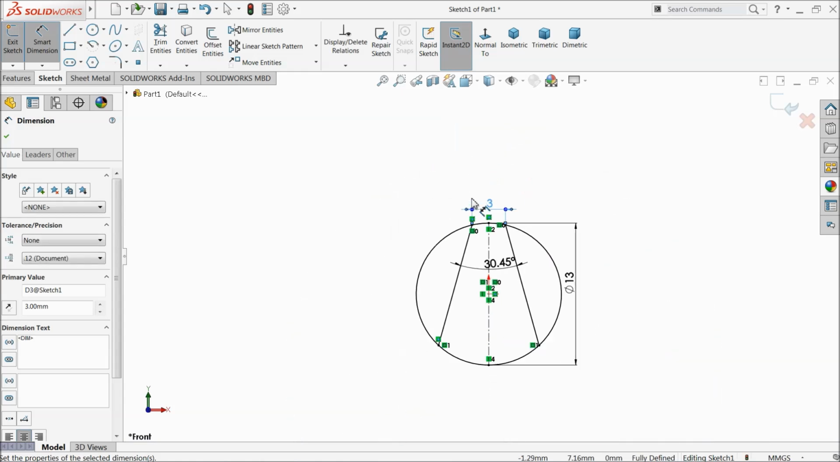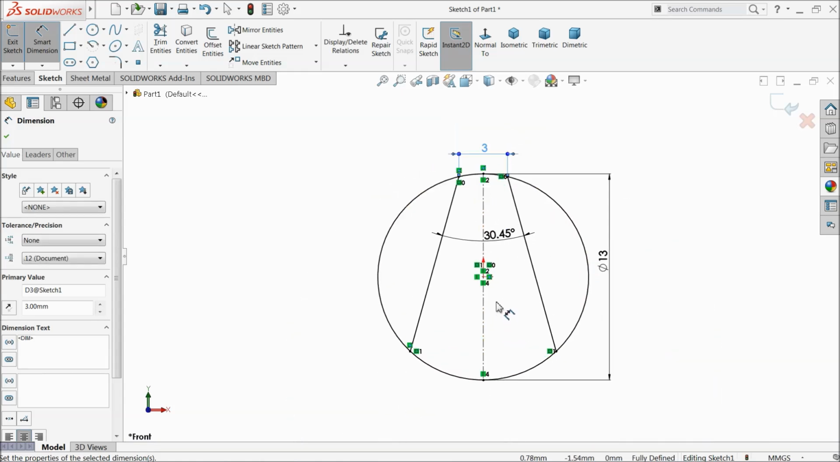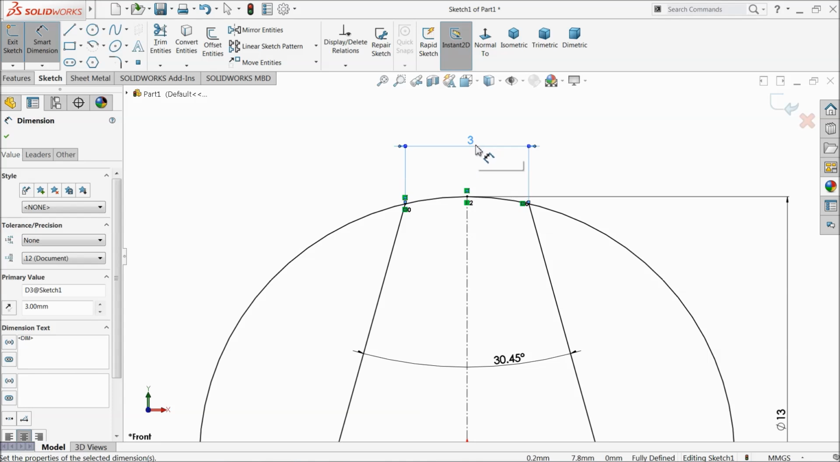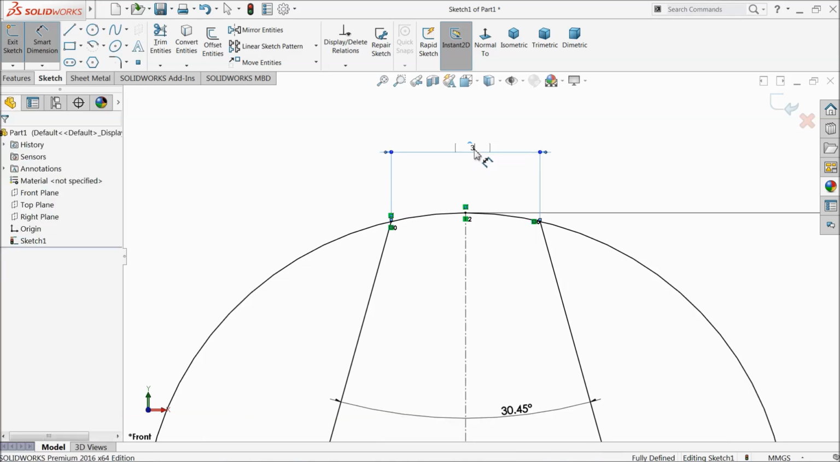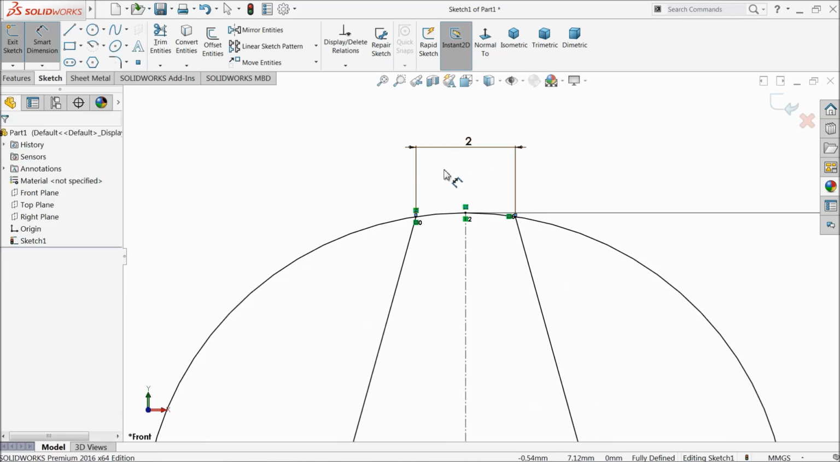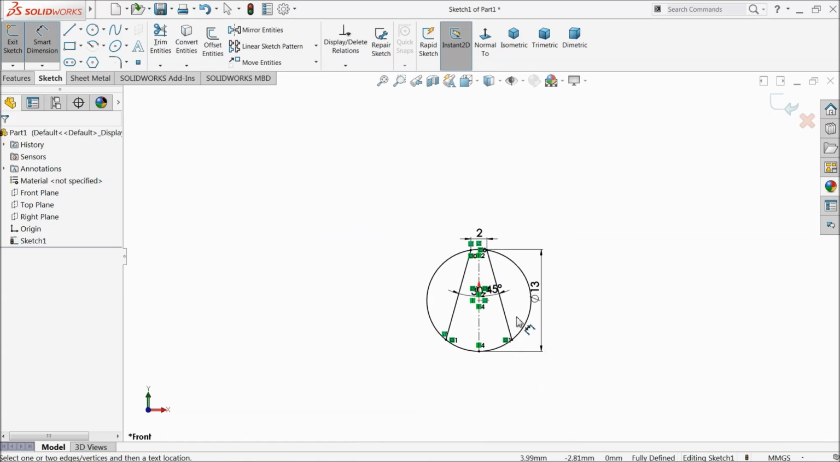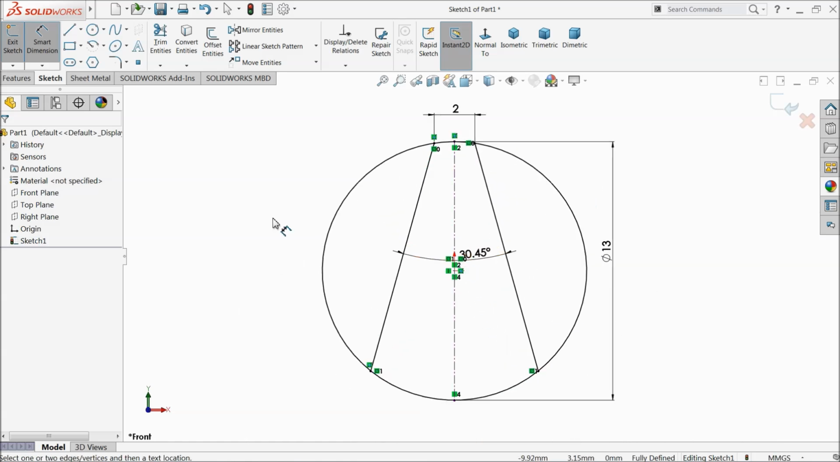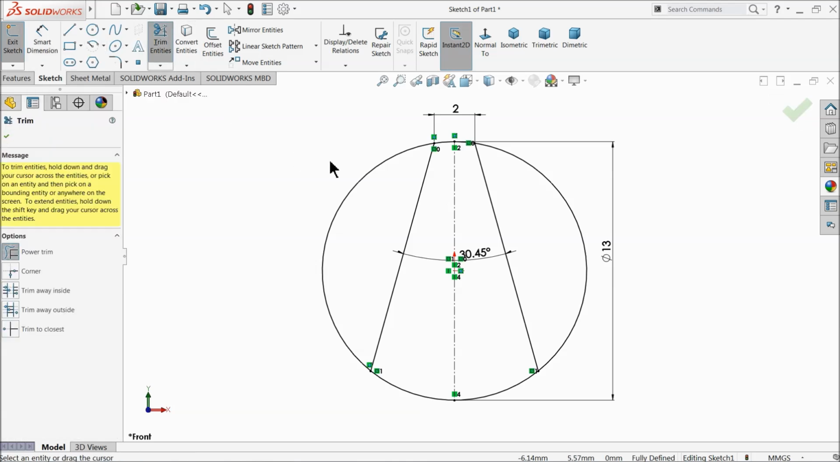Make 3 millimeter. Let's make 2 millimeter. Let's see the bottom. Okay, that's fine. Trim entity, trim these two faces. Okay,